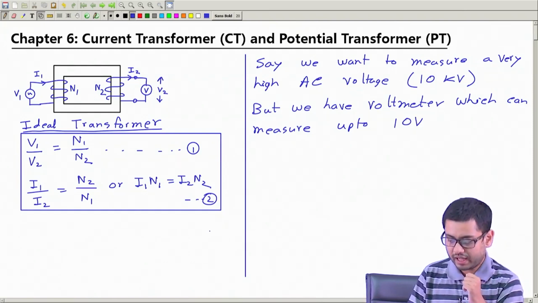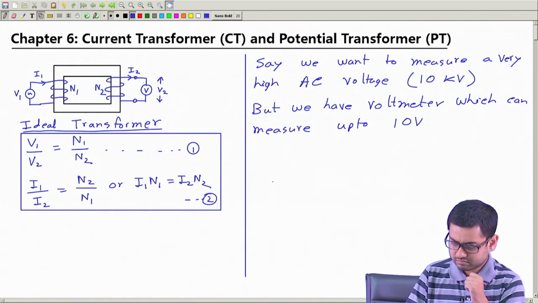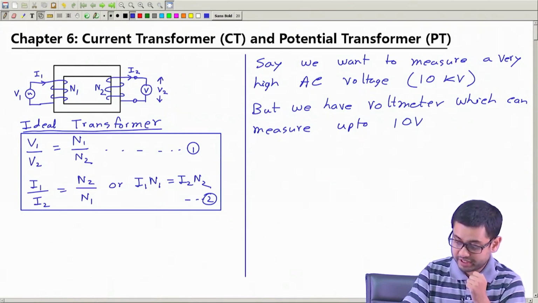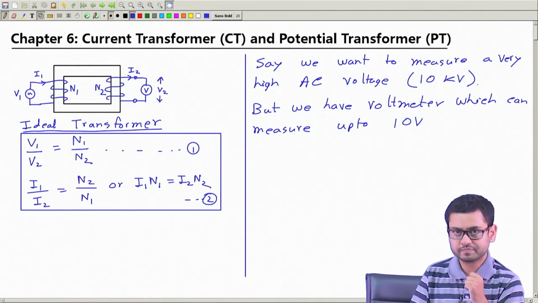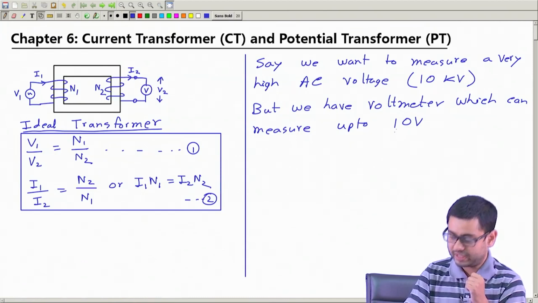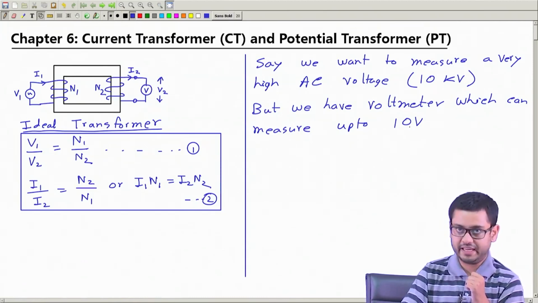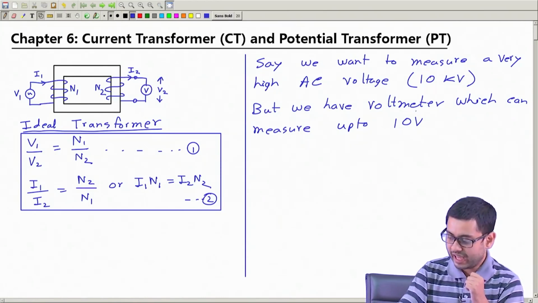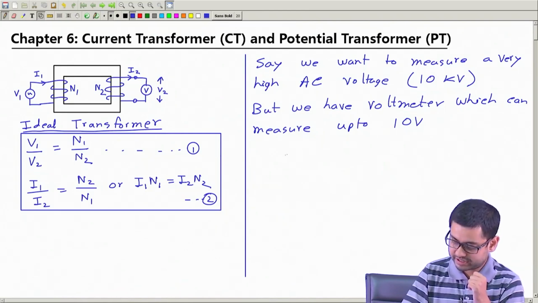So can we use this voltmeter to measure 10 kilovolt? No, not directly. Why? Because firstly the voltmeter itself may get damaged immediately as soon as we connect this